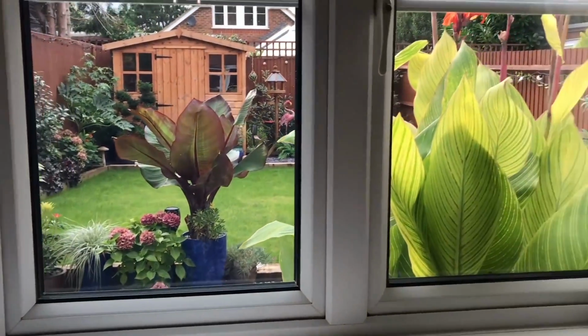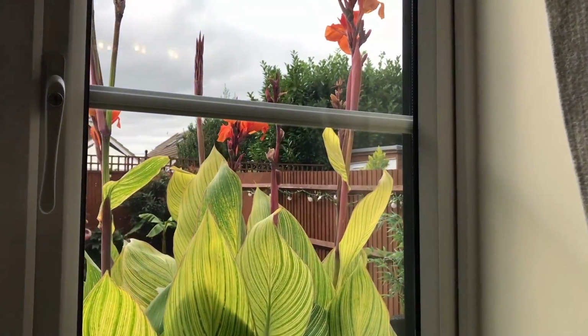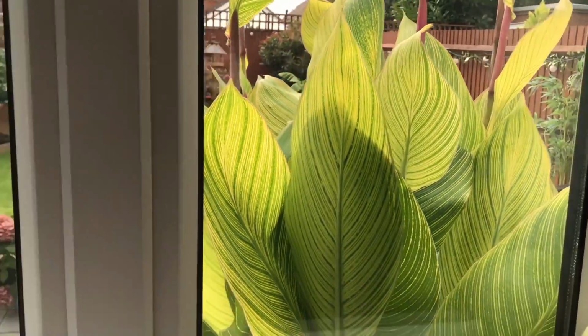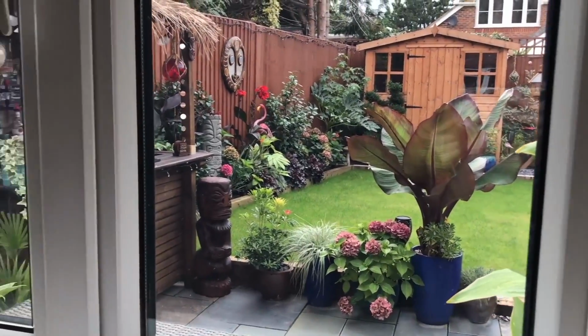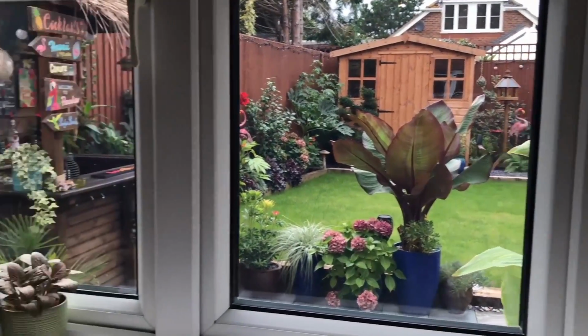So look how big my Canna Lily is. It's huge. I have done a little garden tour, but I'll do a proper one soon before the summer's over. Anyway,